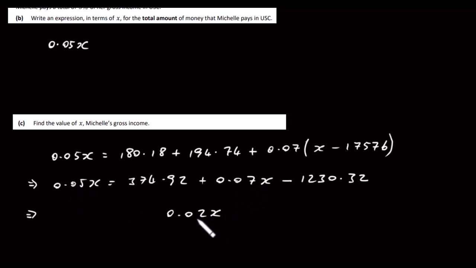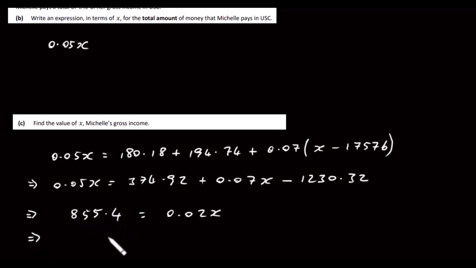That's plus 0.02x. What I'm going to do next is take this here and this one here, subtract them, or add, I'm going to add them if you like. So that minus 1230.32, and then I'm going to get a negative number. I'm going to bring that over to this side here. When I do that, I get